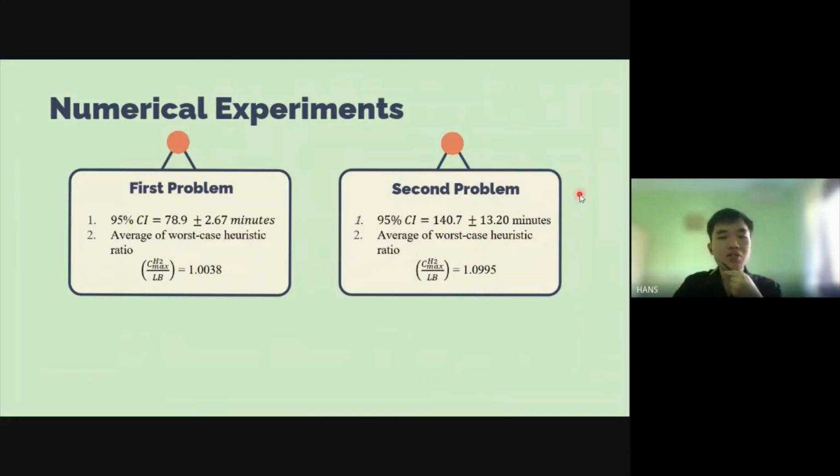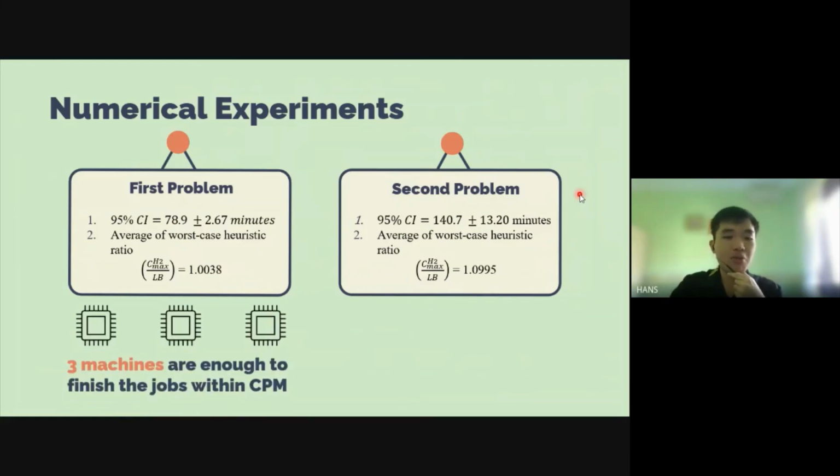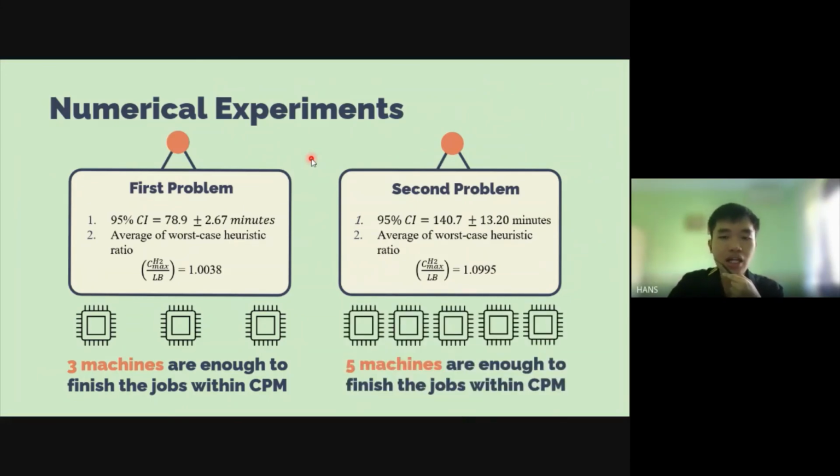Therefore, we did some further calculation, and it turns out that the first problem could catch the most optimal total time using only three machines. So if our algorithm only considers two machines, then the results will not deviate a lot because it is close to the two machines. For the second problem, it actually needs five machines to finish the jobs within the most